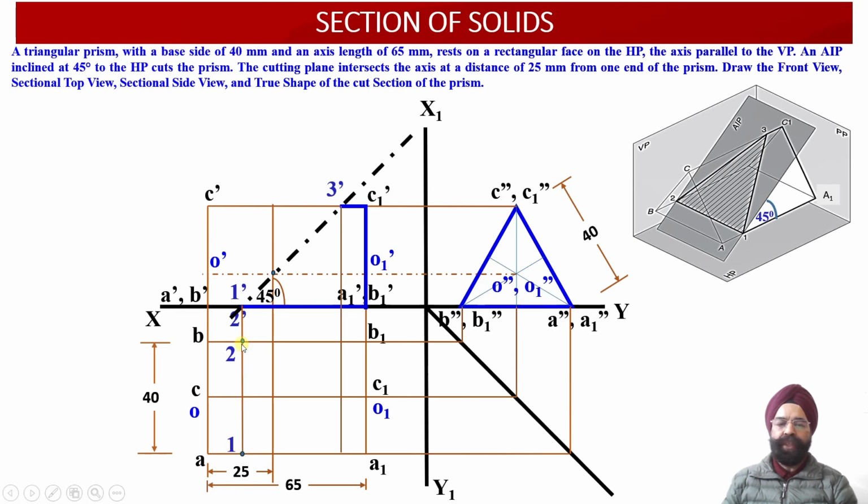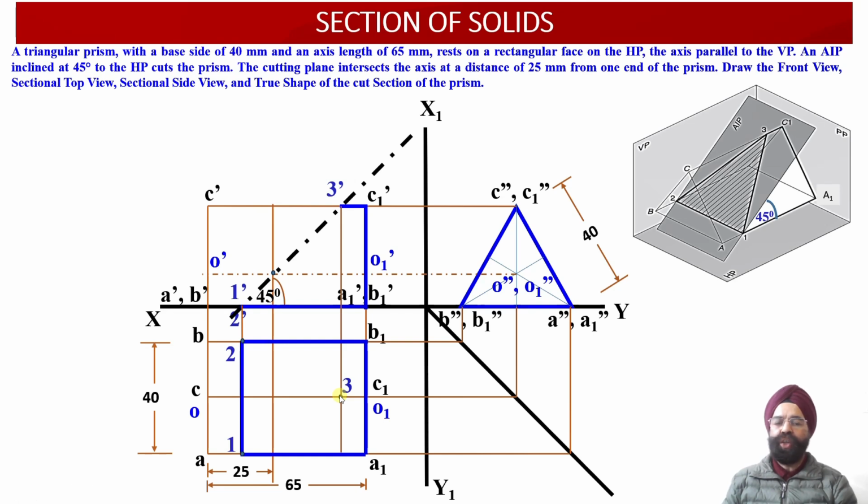So the top view projections corresponding to these 2 points we have obtained over here. Point 1 lies alongside this longer edge AA1. Point 2 lies alongside this longer edge BB1. Similarly, when we draw the projector from point 3 dash, this projector will intersect the top view projections corresponding to the longer edge CC1 at this point. So this way, point 1, point 2 and point 3 projections have been obtained in the top view projections